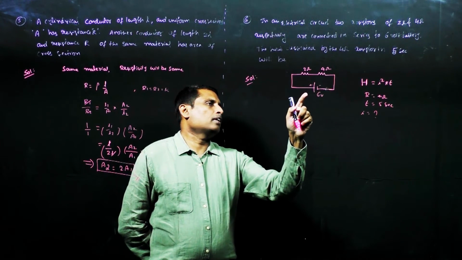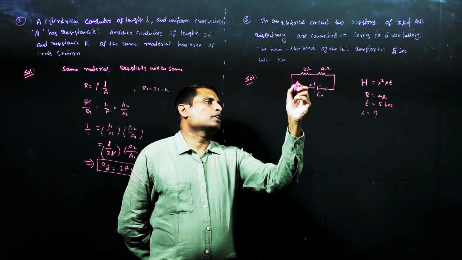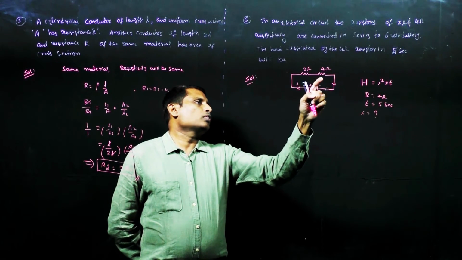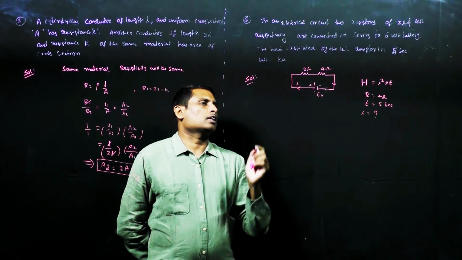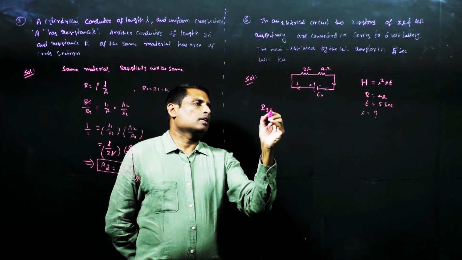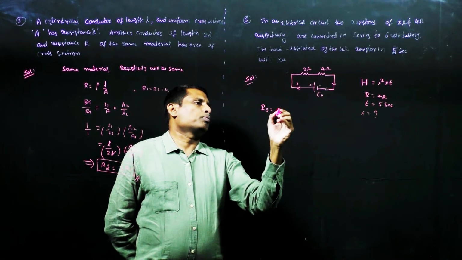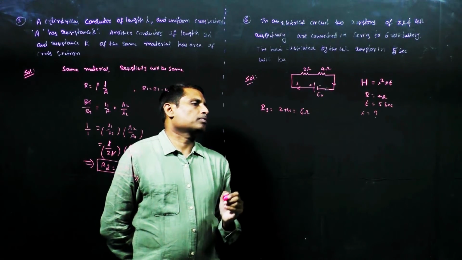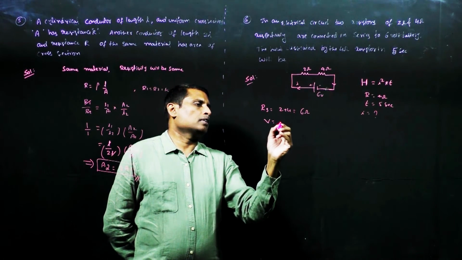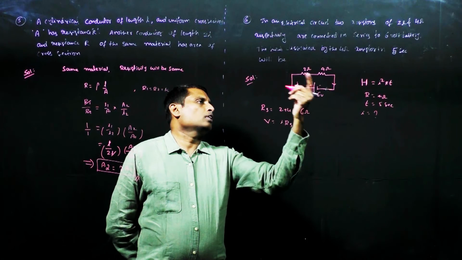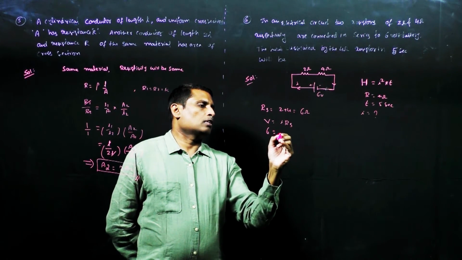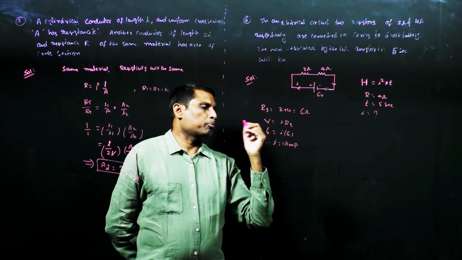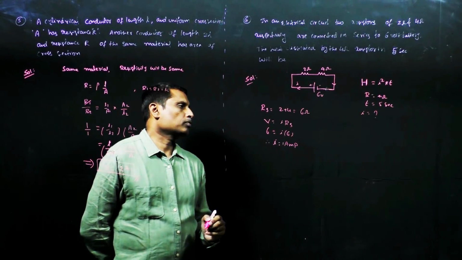So first of all, let us find how much current is passing through this 4 ohms resistor. Here 2 ohms, 4 ohms both are connected in series. Therefore, effective resistance R equal to 2 plus 4, 6 ohms. According to Ohm's law, V is equal to I into total series resistance. So 6 is equal to I into 6. Therefore, I is equal to 1 ampere.